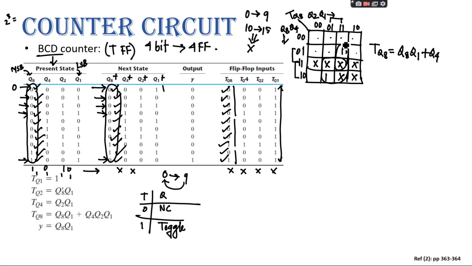And column wise it was Q2, Q1, right? Yes, sir. Which is this equation. So now if we want to draw the K map for T4,